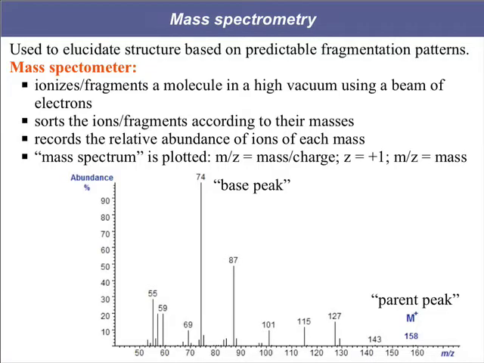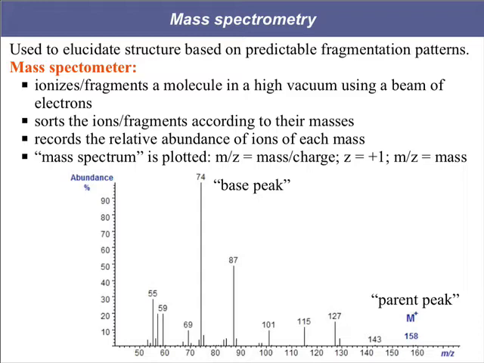So as you can see, we can use mass spectrometry to elucidate the structure of our unknown compound based on fragmentation patterns. We can look at the fragmentation patterns that we see and infer the structure that we had. So, like we said, the mass spectrometer ionizes or fragments a molecule in a vacuum using a beam of electrons. It sorts the ions or fragments according to their masses by using a magnetic field. It records the relative abundance of each ion of each mass,